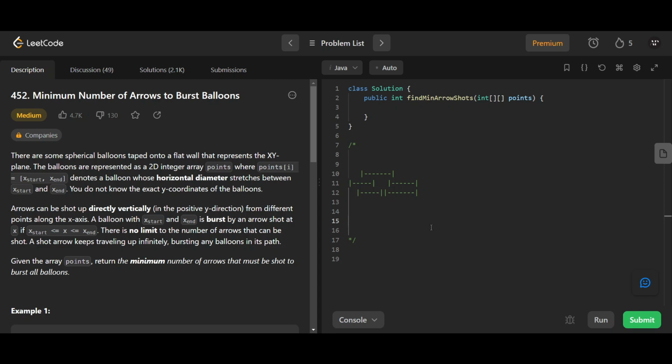And then the minimum number of arrows to burst balloons would be... Now I can figure out that I would require two arrows here. And the way that I'm figuring it out is, I sort the arrays based on their starting points, and